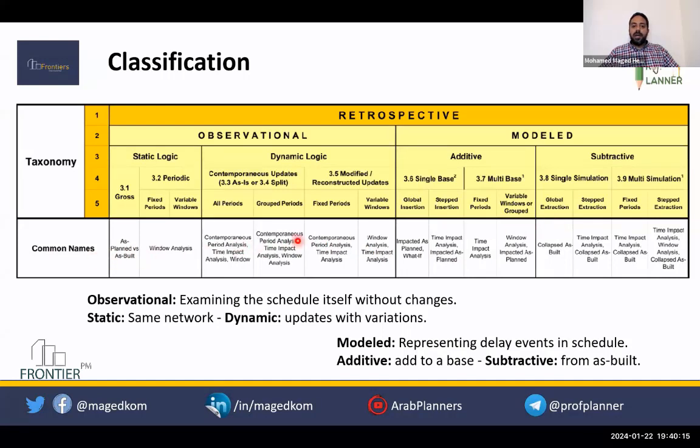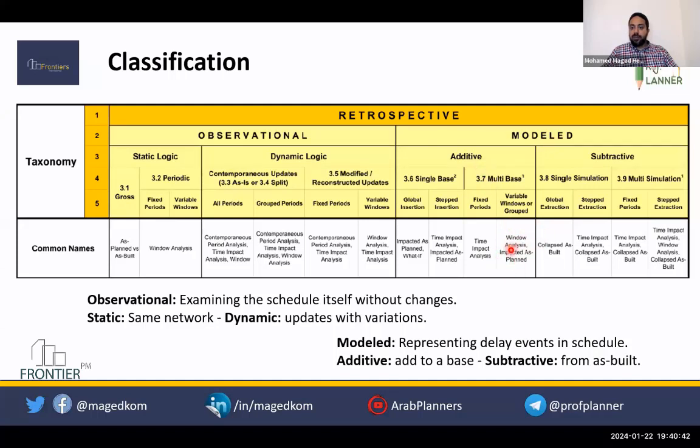If we go here and see the windows analysis, as it is trendy and everybody is saying I'm applying the windows analysis, you can ask them, how are you applying it? Are you applying it observational static, or modeled additive, or modeled subtractive? You can find windows analysis here under the observational static. You can find it here under the observational dynamic as well. You can find it here under the modeled additive.